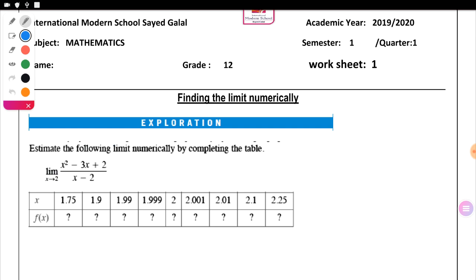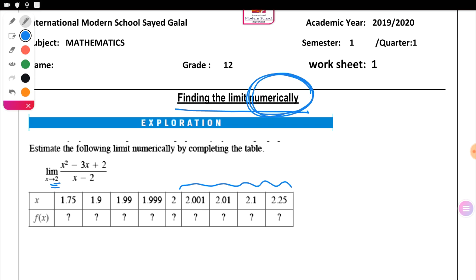Look here. Our lesson today is talking about how to find the limit numerically. Okay, how to find the limit numerically? By making a table, or completing a table, as you see. In this case, we follow this procedure, in which I use two sets of numbers. Here, as you see, sets at the right of 2, where I'm finding the limit of the function